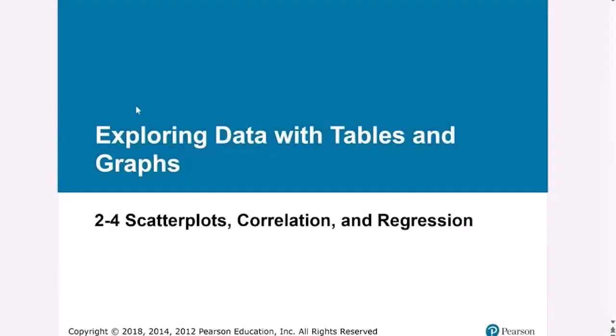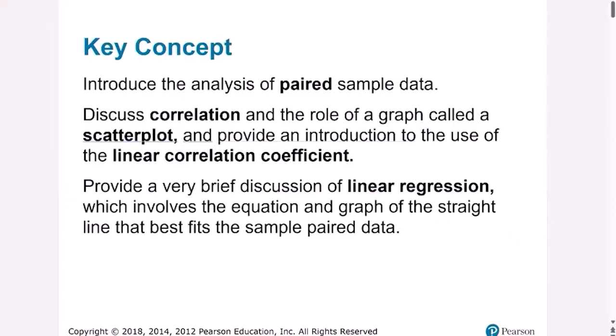Hi, everyone. Today we're going to go over 2-4 scatterplot, correlation, and regression. Our key concept, we're going to introduce the analysis of paired sample data. We have these two things that go together. For example, you could say the older people get, the shorter they cut their hair. That's paired data. Now, we don't know if that's true or false, but let's say we want to see if that's true. We would just have this question, and we could start doing some things that would give us some